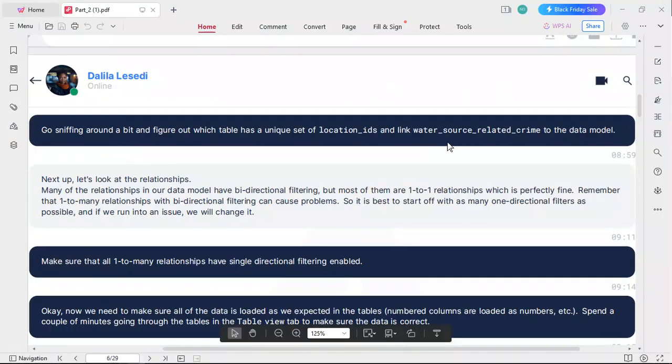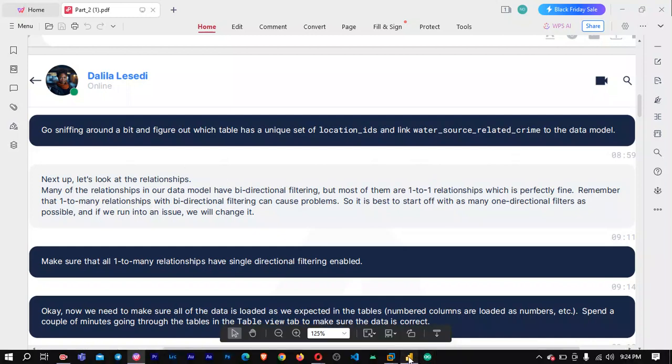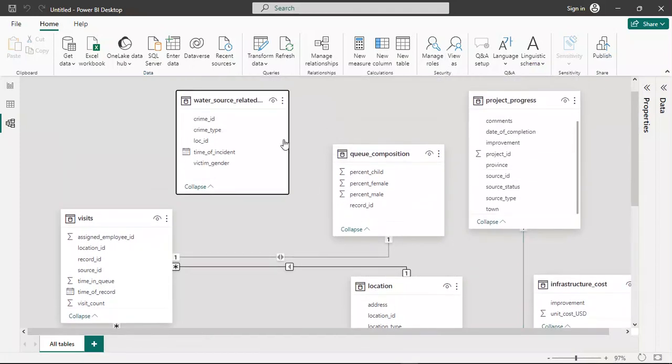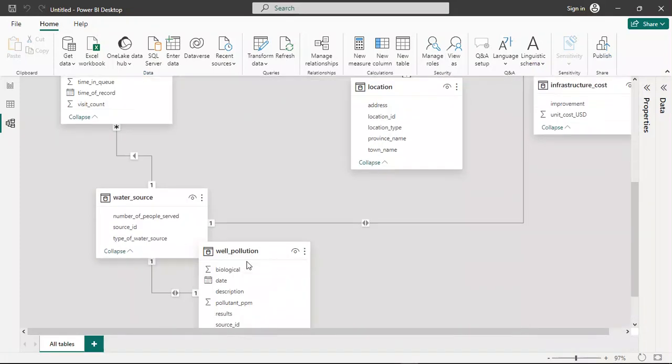And link it to water_source_related_crime to the data model. So that table is here, and then